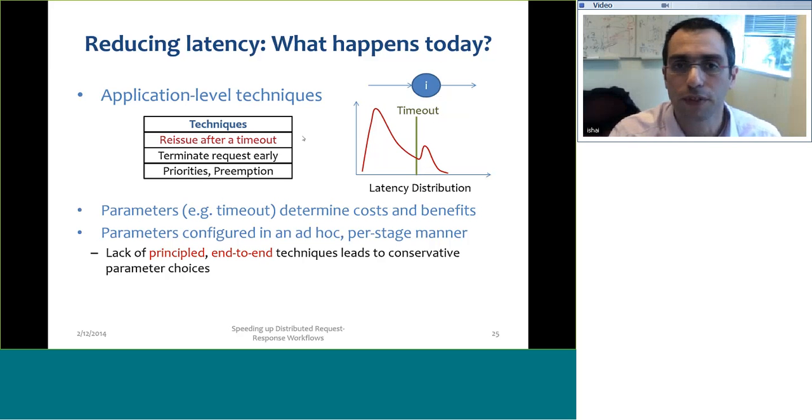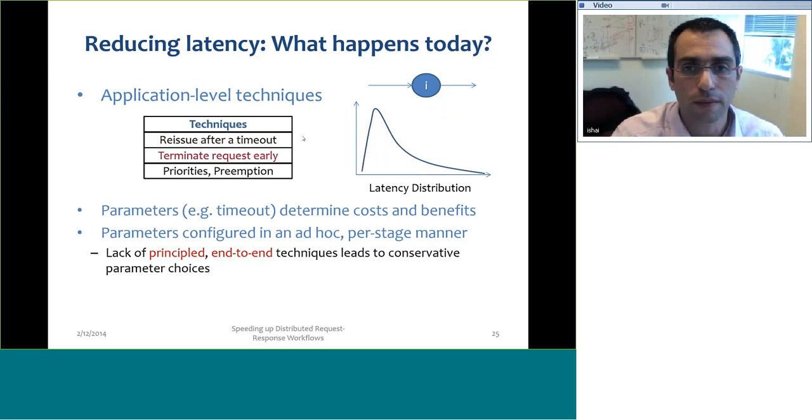I'm going to get a different distribution, of course, a less skewed distribution. Still, some elements will take more time, but I'm going to change the distribution. The other knob that we have is terminating the requests early. Basically, I'm deciding, based on some considerations, that I'm timing out the request at some point.